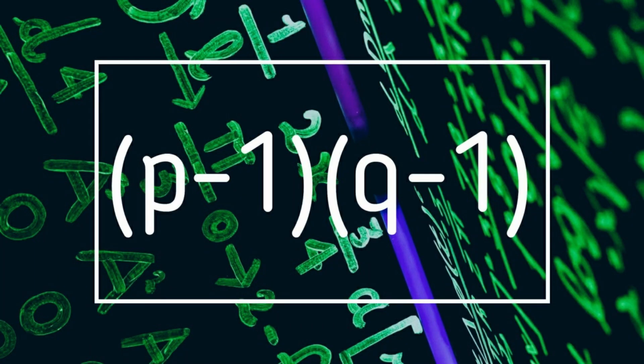Okay. Next bit is you have to calculate something called the totient. So you do your first prime number minus 1 multiplied by your second prime number minus 1, and that gives you another value. And now you're looking for numbers that are co-prime between this new value that you've just calculated and your first value, n. And by co-prime, we're looking for them to share factors of just 1. You're still with me?